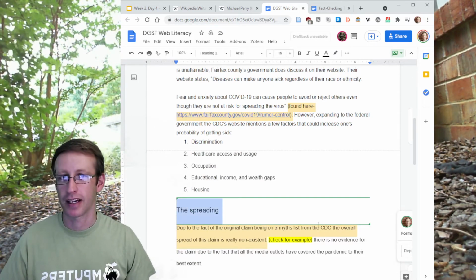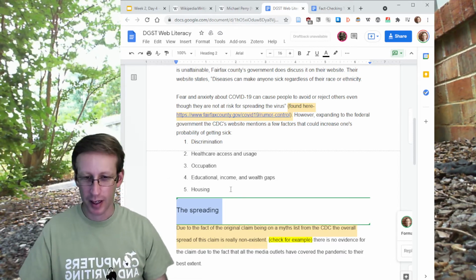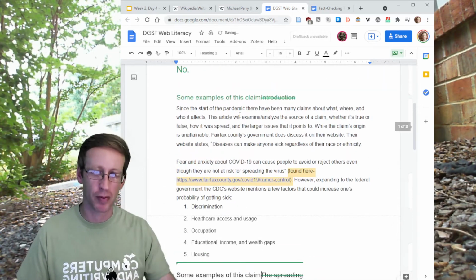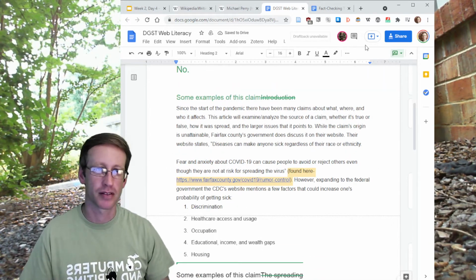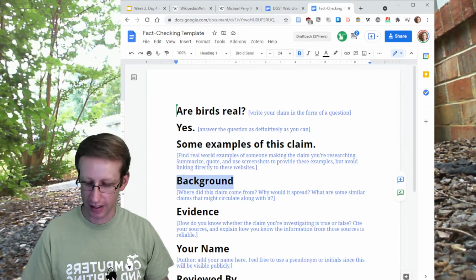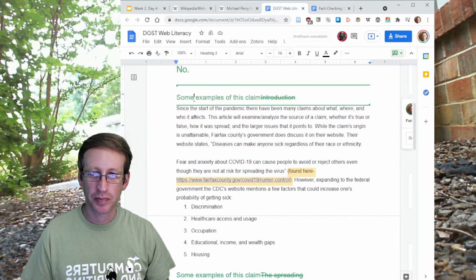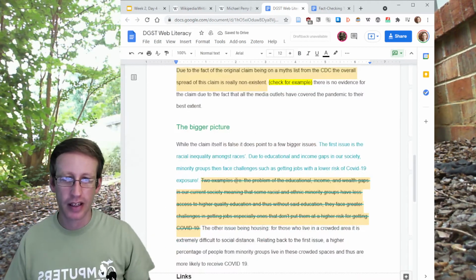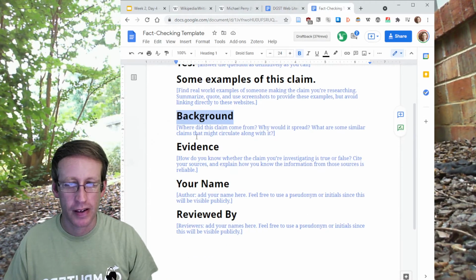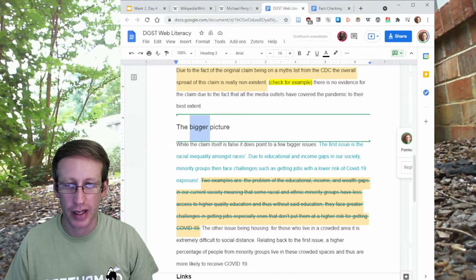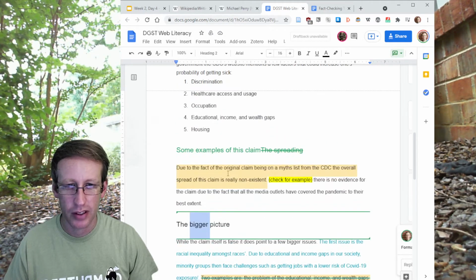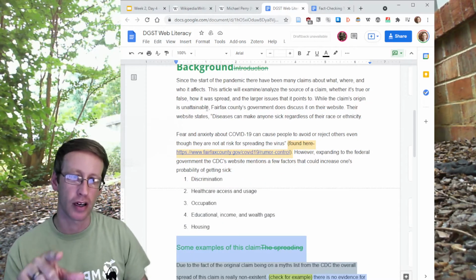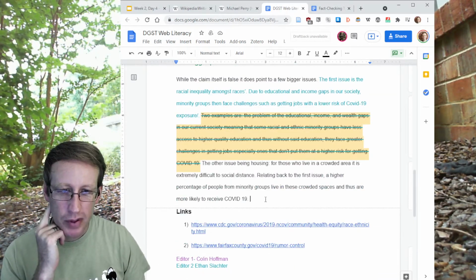I actually kind of like, there's sort of a pun in your title here, the spreading, but what we really want is some examples of this claim. Because the spreading of information is kind of like the spreading of the disease. There's a nice little play on words there, but that's not exactly what we mean. So really this is the background that you've provided here. And then I like this idea, the bigger picture. But really what we want to know is evidence. I think these are good things that are actually part of your background. So after you move this examples section up higher, this would be a good continuation of the discussion you started in the background part. But I want you to make sure to include this evidence.